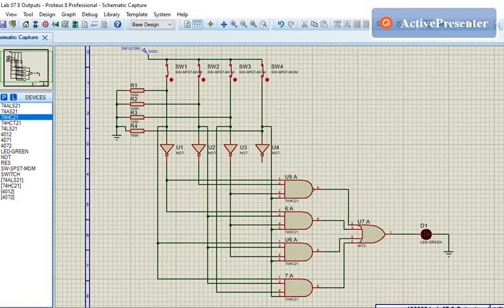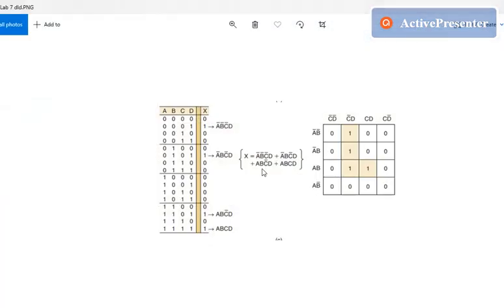So here is our Proteus circuit implementation of our expression. Let's simulate the circuit. So you can see that the circuit is running on our expression, which is a complement, b complement, c complement, d, and so on.